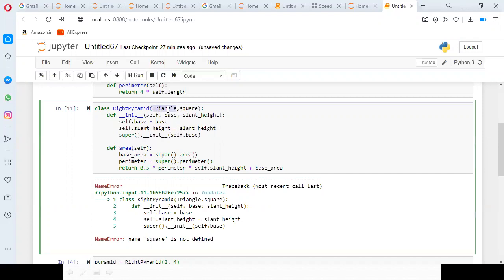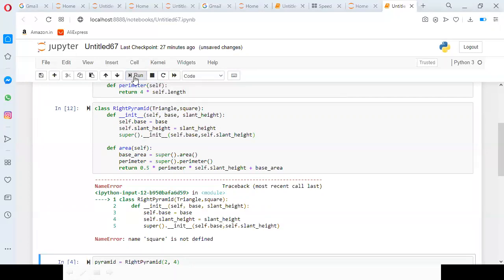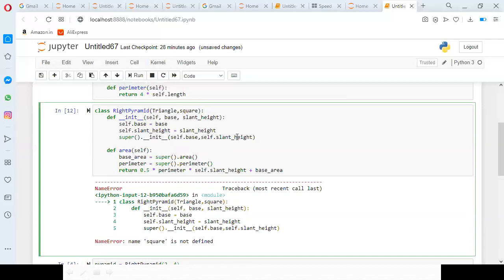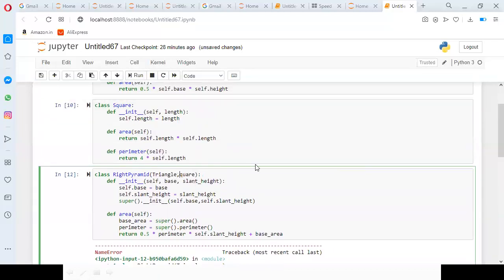When you give preference to Triangle and call super().__init__ with self.base, you need to provide another parameter, self.slant_height. Now when you execute it... Square, oh sorry, capital letter Square.